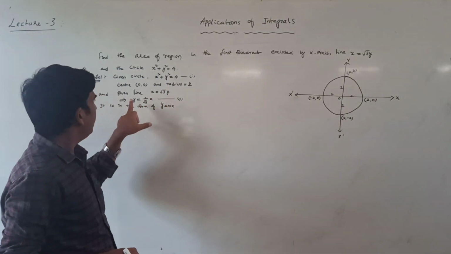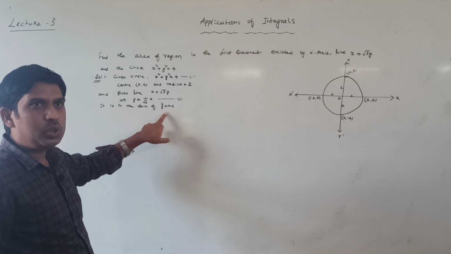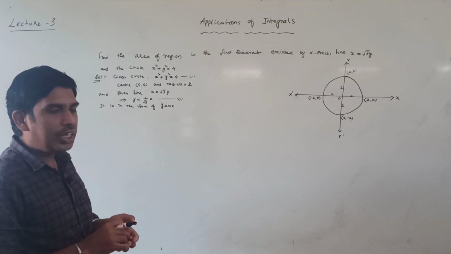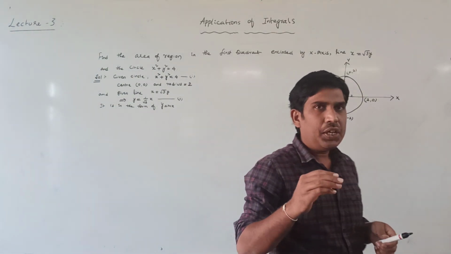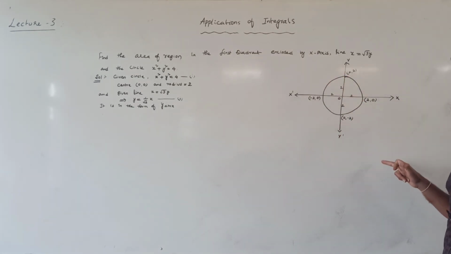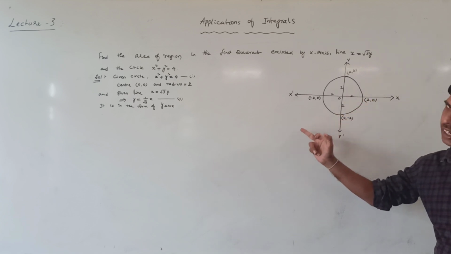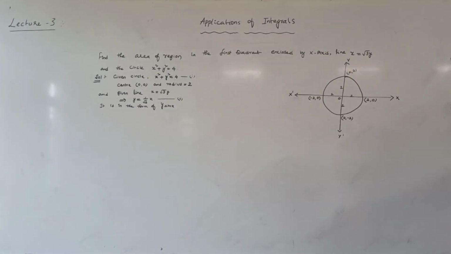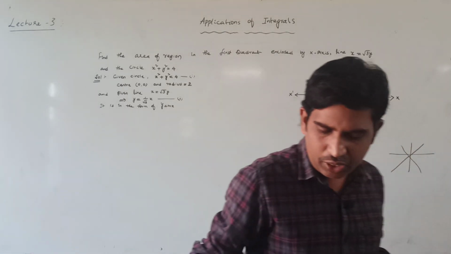Next, given it is in the form of y = mx, therefore it represents a straight line passing through origin. So remember, students, this is a straight line passing through origin, and this is also a straight line passing through origin. Among the two, which one do we have to take? Understood my question? Like this, suppose this is a straight line passing through origin, and this is also. Among the two, which one do we have to consider?